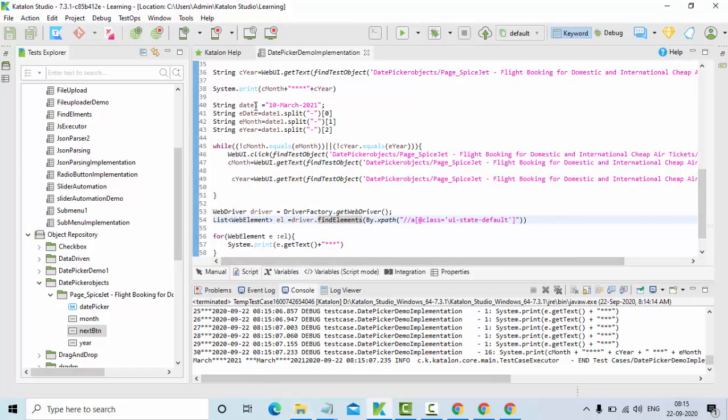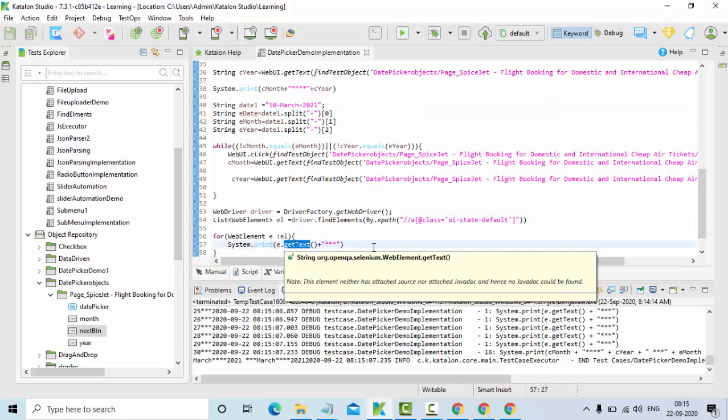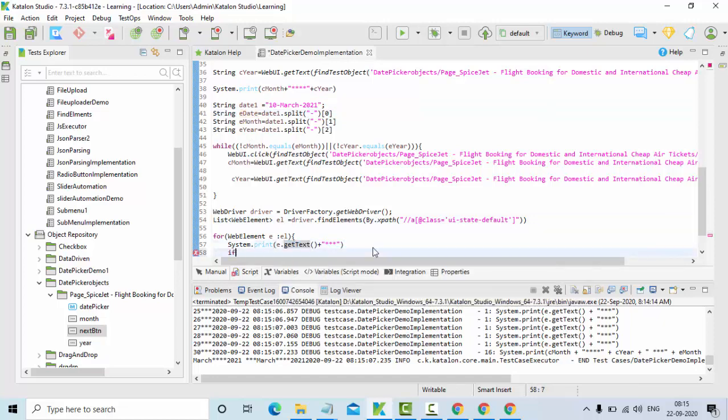So I have this date, 10th, which will be here as eDate, right? That value I'm comparing with this value. How? Using this concept, dot equals of eDate.